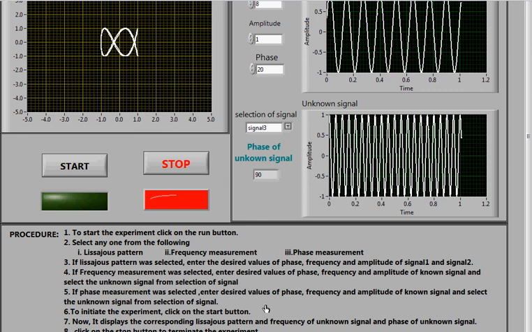You can go through the experiment any number of times, depending upon you. The documentation part is there. You can go through those parts and make your doubts clear. At the same time you can do your calculation on your own and tally that calculation with our experiment, so that you have a very clear idea of what exactly the Lissajous pattern does.